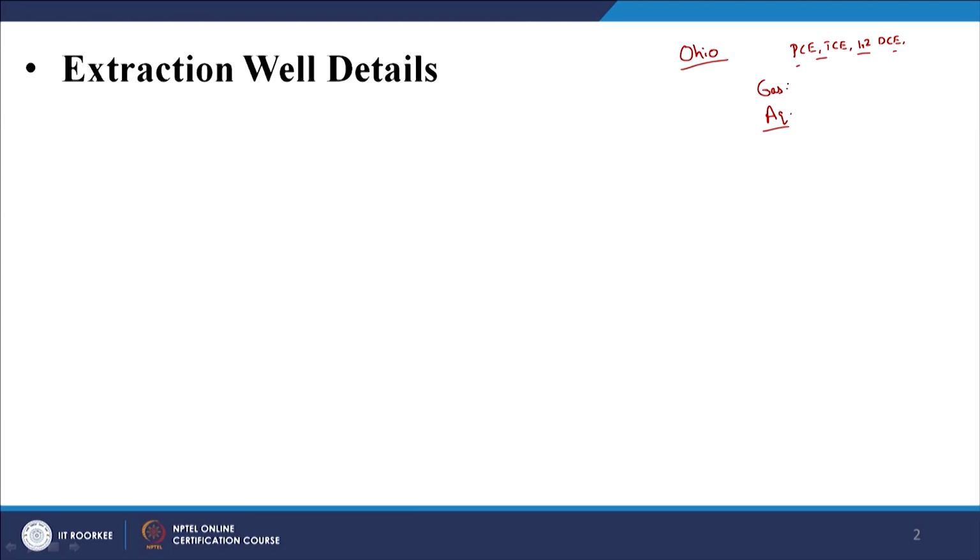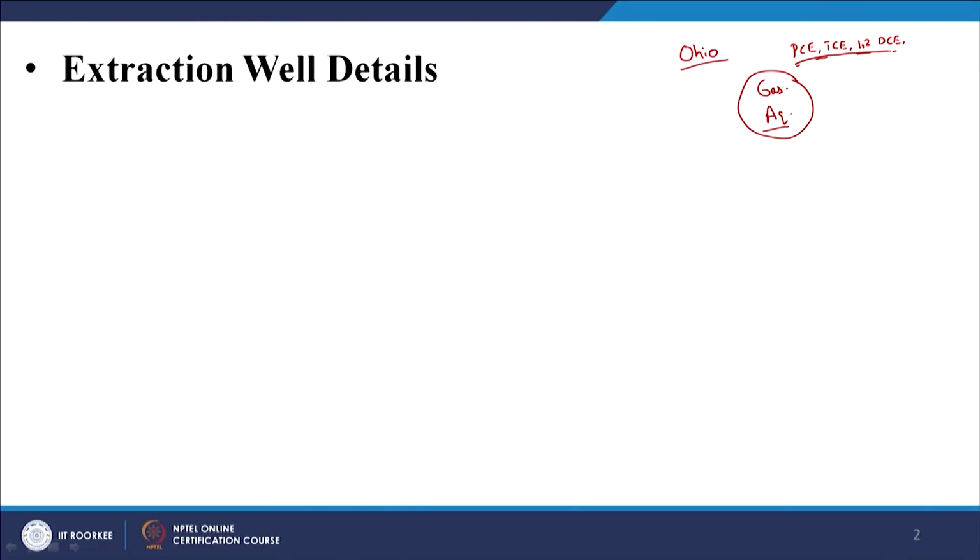In this context, gaseous and aqueous phase are contaminated, obviously soil also will be contaminated, right, these are hydrophobic compounds too. So, obviously people looked at soil vapor extraction, and to enhance it and get the contaminant out of the water, they looked at air sparging, let us say, right. So, we were looking at those aspects, and let us look at the relevant details.